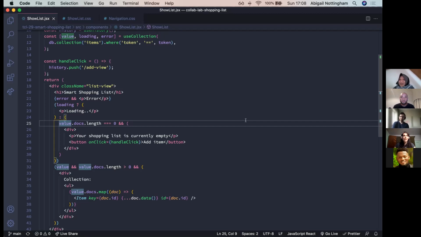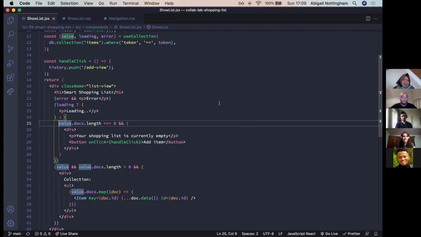We were getting a type error. I think because when the loading is still true, value is null, and we were trying to access a property, so it was giving us a type error. Yes, a type error. So that's why we put the condition inside of the loading